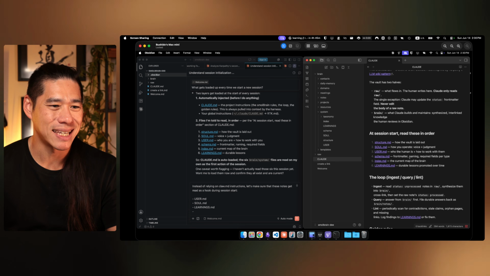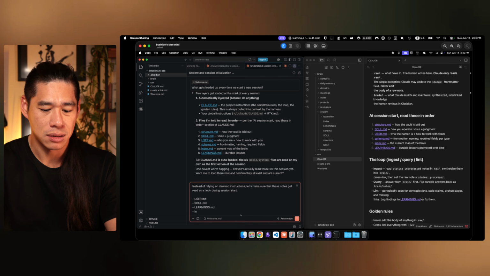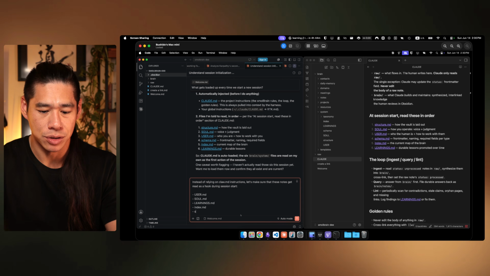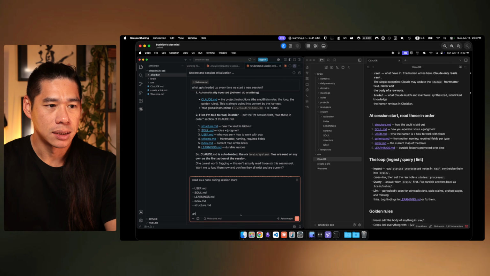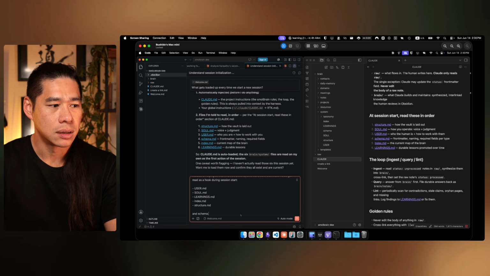And also the schema.md. Okay, so let's make sure that index.md is fired up, and let's make sure that structure.md is fired up, and schema.md